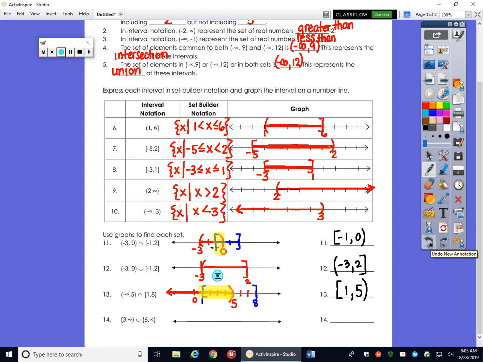So let's look at graphing 3 to infinity. We're going 3 to infinity, that's going to be here. And then we're going to graph 6 to infinity. And that's going here. So if I want the union of the two, that means I want everything from start to finish. And so it's going to end up being 3